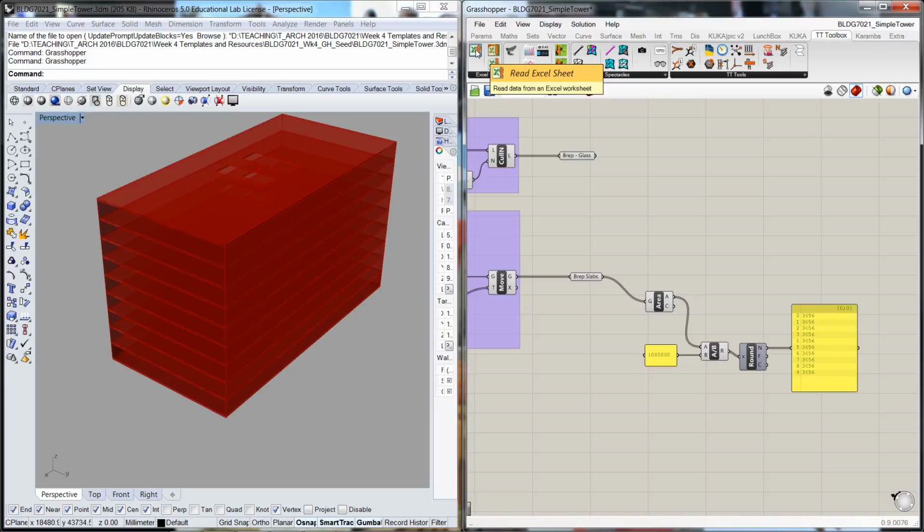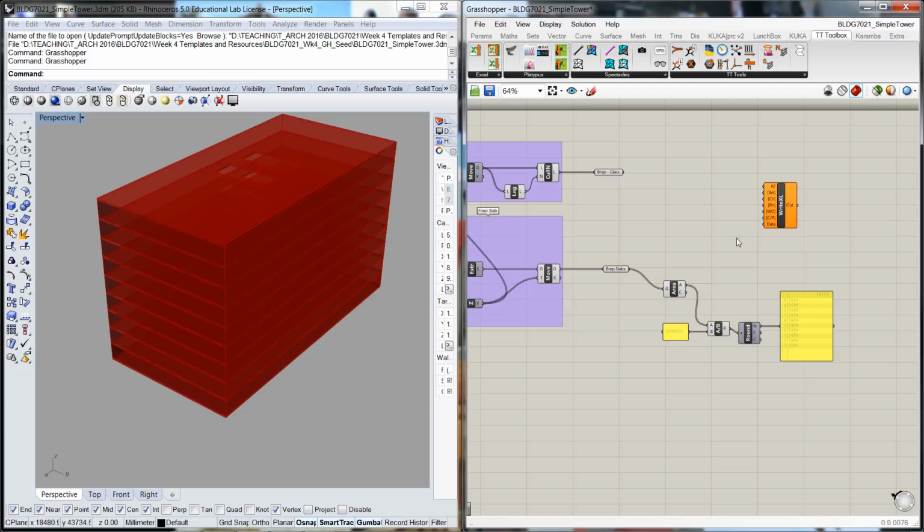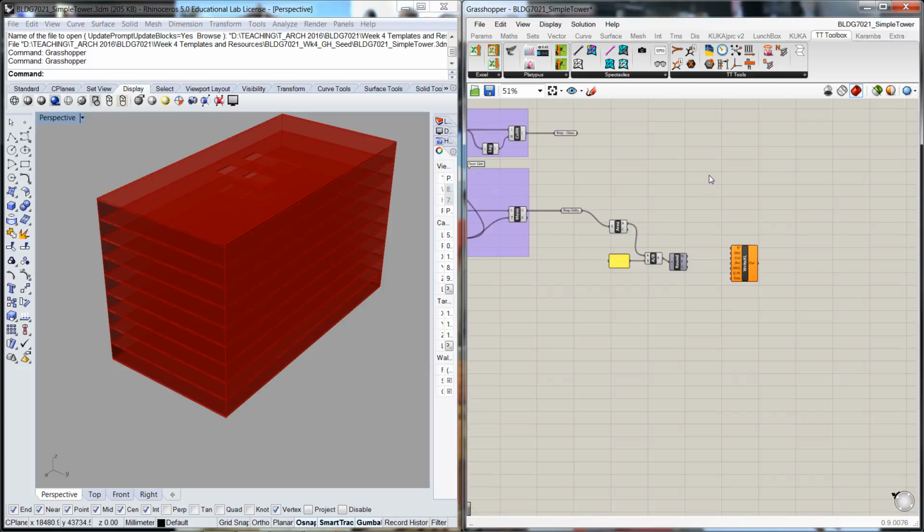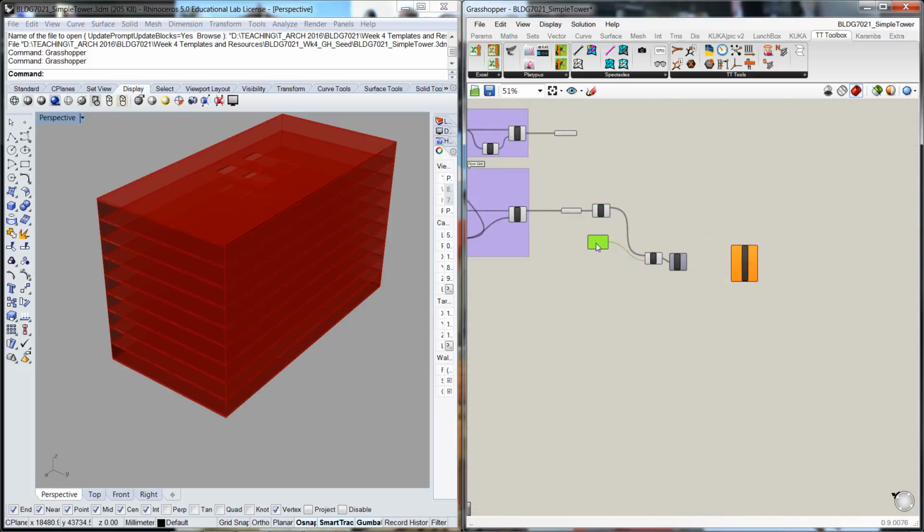So perhaps if you have a series of points that might be survey points and so on in an Excel spreadsheet, you might use this one. This one is just controlling the way that the data writes to Excel, but this is the simple tool here that we want to write to Excel. So we're going to pull that up through here. I'm going to just pop my panel, I might just delete that for now, and we'll go into here. I'll just tighten these up a little bit, give ourselves a bit more space. Okay,